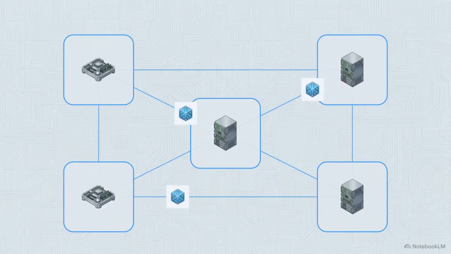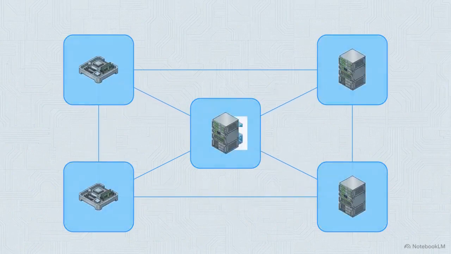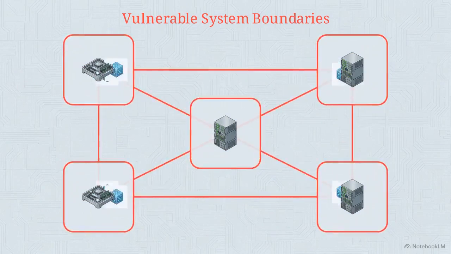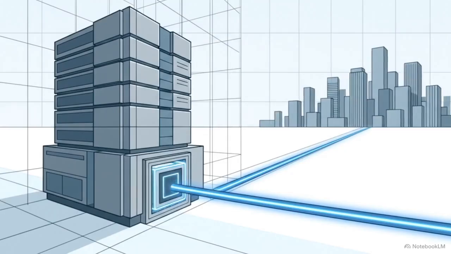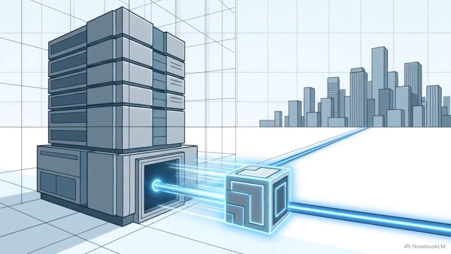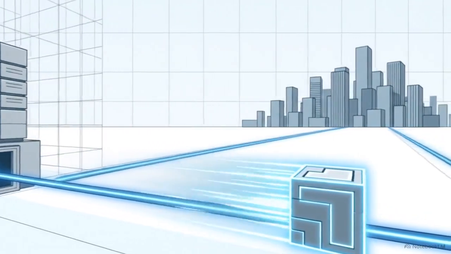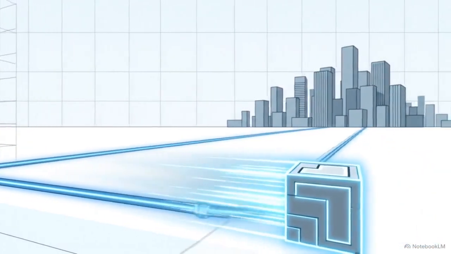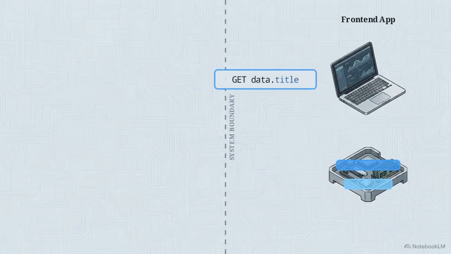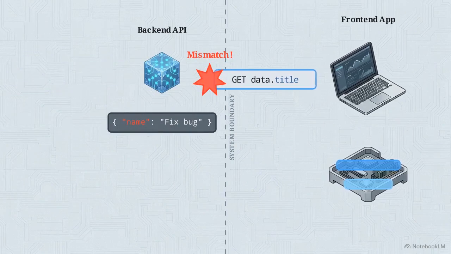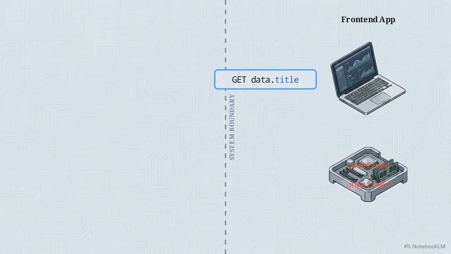The true vulnerability of a software ecosystem isn't found deep inside its logic, it's found at the boundaries where different components meet. The moment that updated code goes live, the new data leaves the database and travels across the network boundary, heading toward the user interface. The front-end interface is programmed to search for a title field. Receiving only name, the connection fails. The app acts broken from the inside.